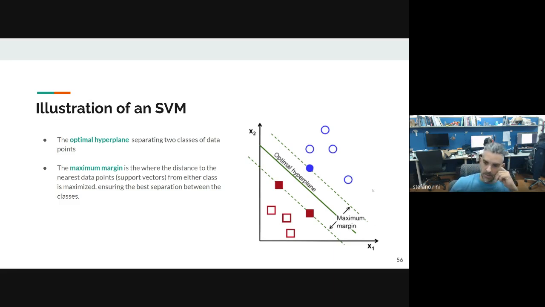Okay, so you see here that we represent the margin. Among all the possible lines that we can choose to separate the set of zeros and the set of 1s, we choose the one that has the largest margin, so that the distance between the line and the points of zeros and the line and the points of 1s is maximized. Excellent, very good criteria to follow.